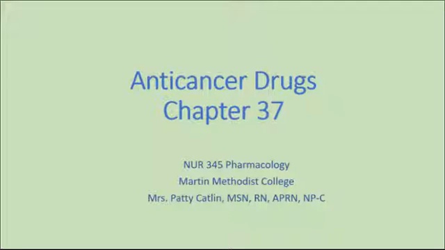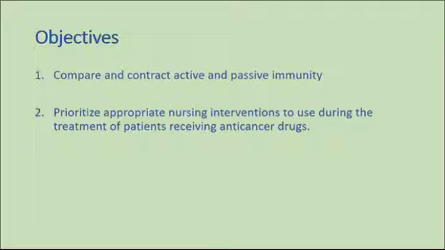Again, this is a short lecture, chapter 37. The only thing I'm touching on in chapter 36 is active and passive immunity, which I'm going to give you what you need on there because the immunizations will be done at later classes. This is the only objective, so you look on your list for this unit: compare and contrast active and passive immunity, prioritize appropriate nursing interventions to use during the treatment of patients receiving